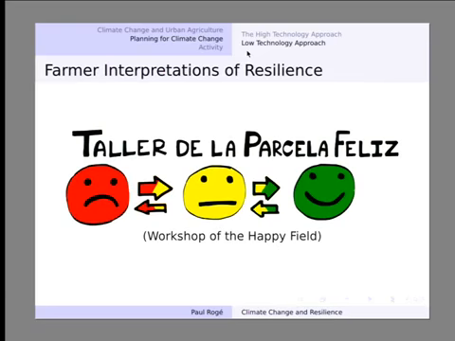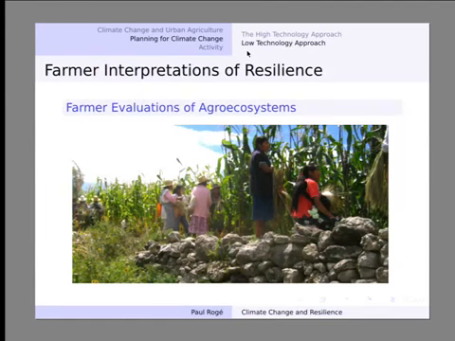Anyway, getting back to the communities, this is the next stage of the community assessment, which is to say, now we know the climate history and the impacts of climate on farming. How do we deal with the situation now and in the future? And so what we did was we proposed this assessment tool that farmers could develop and apply in their fields. So they were doing the entire evaluation process from start to finish. And my role was mostly just to facilitate and guide the process, not so much do any analysis of it at all. So basically we got farmers together.